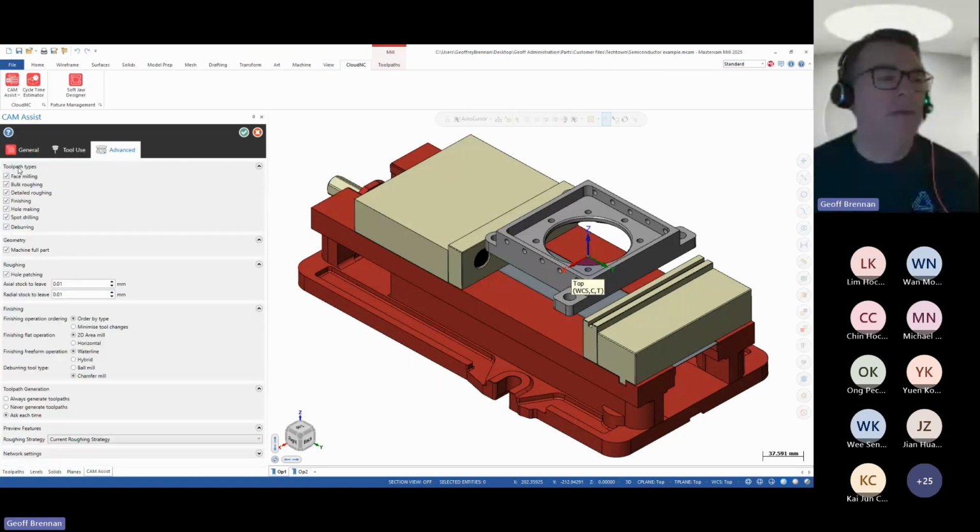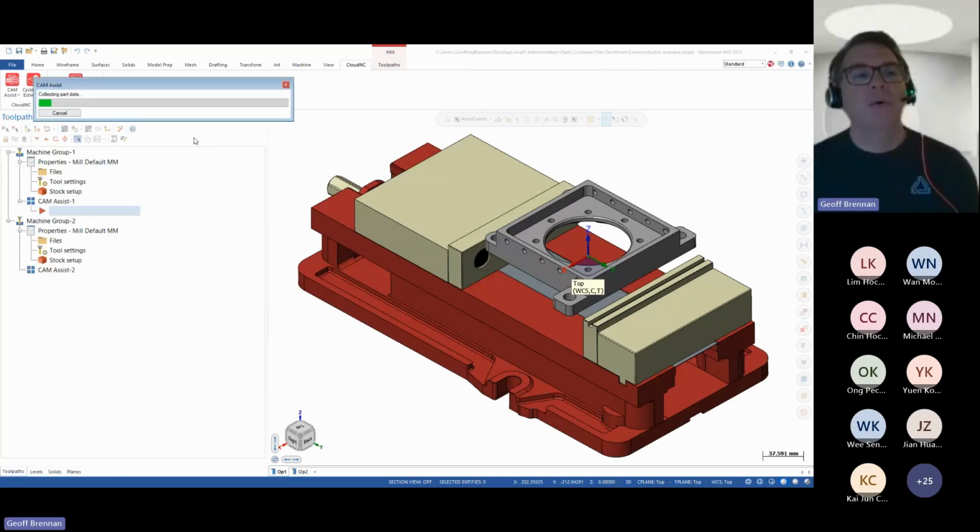We run through the following toolpath types, from face milling through to deburring, and I'm going to do the full part. So with all of that set up, I'm just going to hit run. So when I hit run, we're called CloudNC because this is the cloud computing process. We're leveraging the computational power of cloud computing for this calculation, because our AI basically,